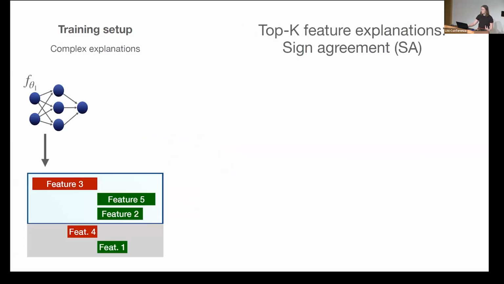So our next set of experiments are going to be the ones looking at more complex explanations rather than just gradients. So if we have a model, we might do something like this. And this visual is showing the magnitude of the gradient for different features along with the corresponding direction. And we might say, we're going to present the top K, so in this case, the top 3 features to the user.